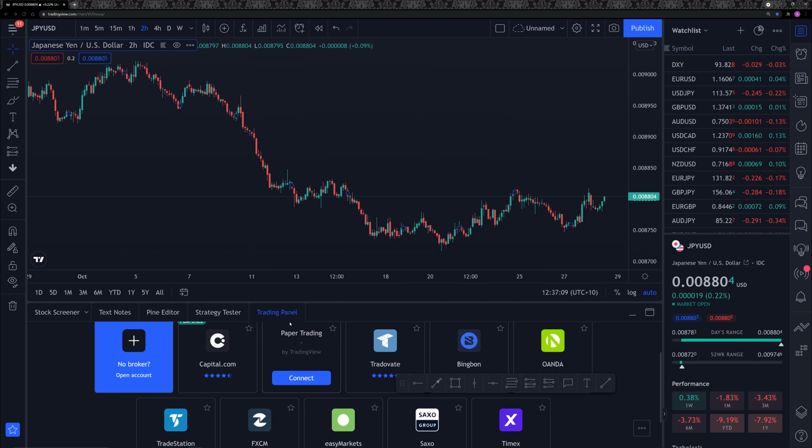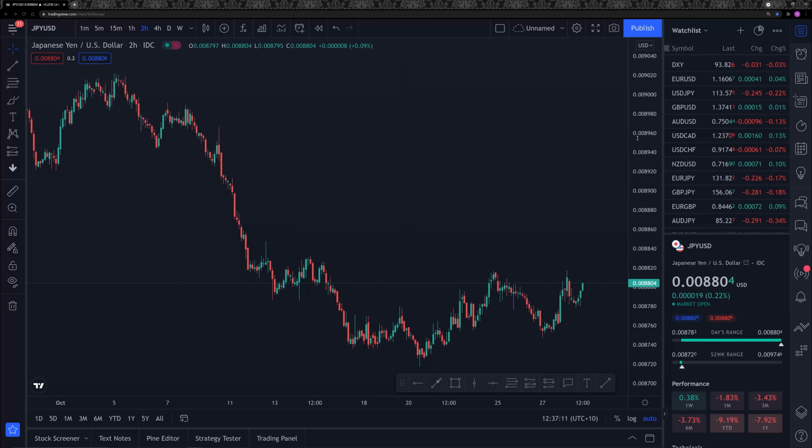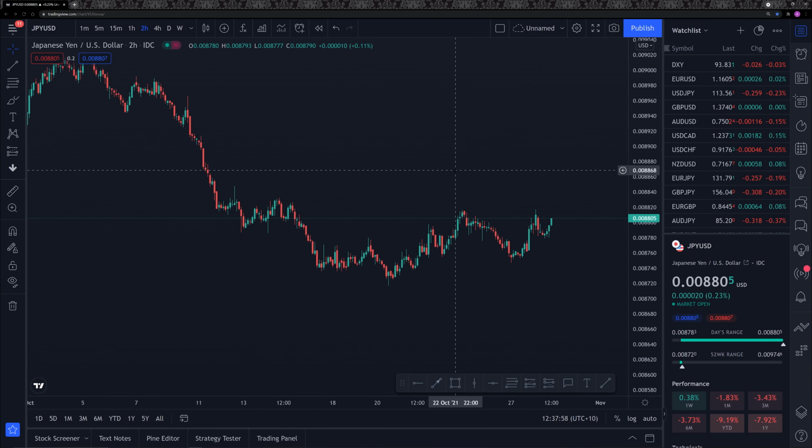So that's basically it. Tradingview is a pretty simple software, but it is very fantastic, and we highly recommend taking the time to get acquainted with it so that you can follow along with us